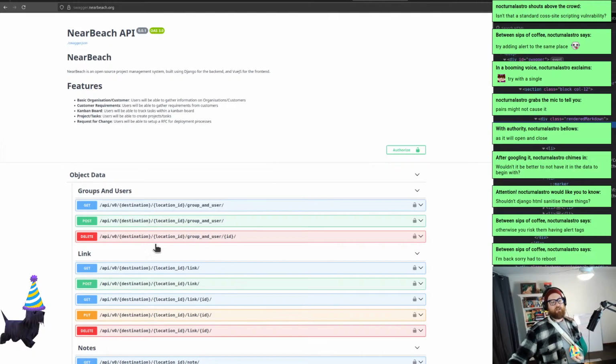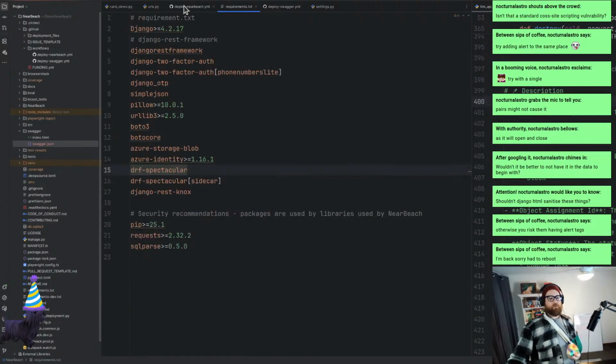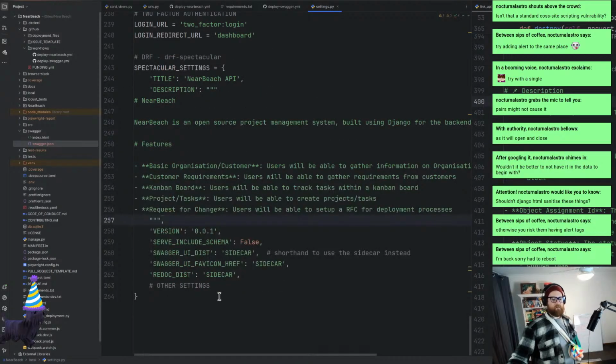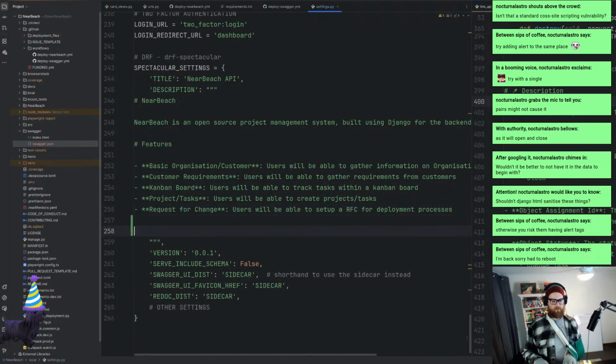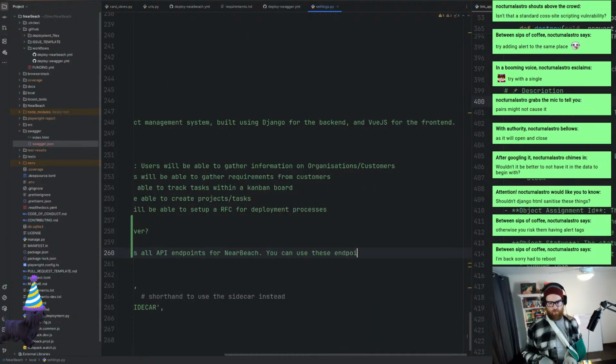We could potentially add in what this document is for. Actually, that's a good idea. Where is our, there it is. So in here, what we want to do is add in, what does this documentation cover? The following documentation covers all API endpoints for NearBeach. You can use these endpoints to help manipulate,